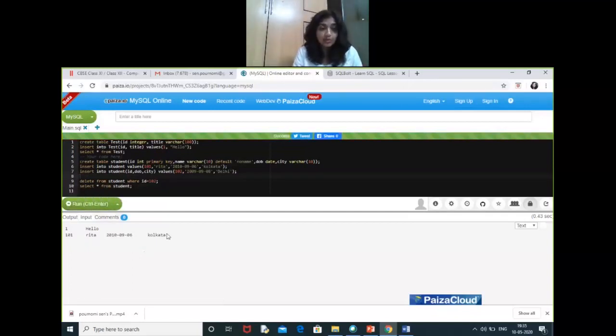Here you can see where the ID is 102, that particular row has been removed from the table. So this is how a row can be removed from a table. A row can be added to the table. Default values can be added. So these are a few very important SQL queries that we have seen with the help of a step-by-step practical program.